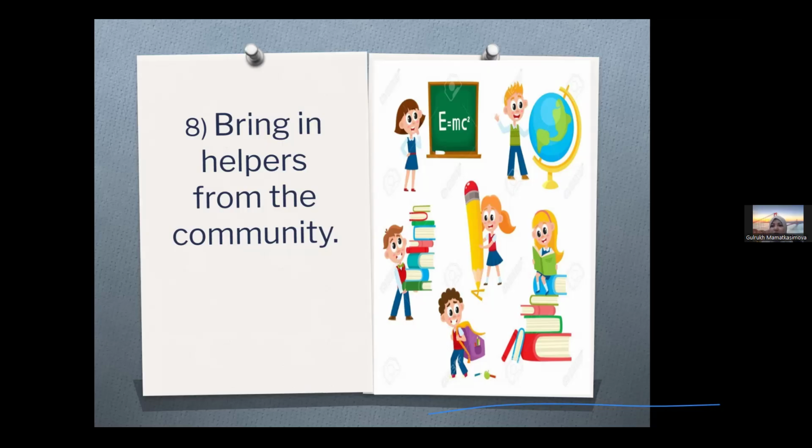But in the book it is suggested to have parents, supervisors, mentors or mentees, or maybe students from the middle classes or from the 10th and 11th classes. They can be great helpers, because they can help you while dividing into groups or while working with the students,